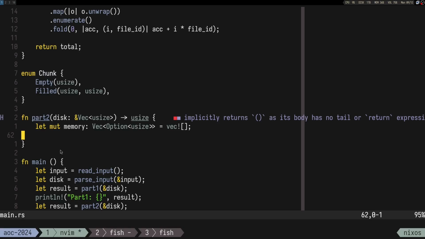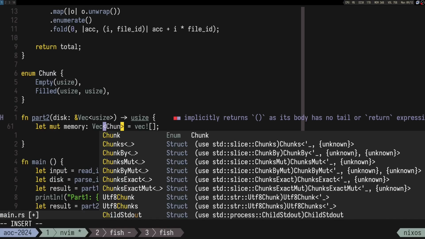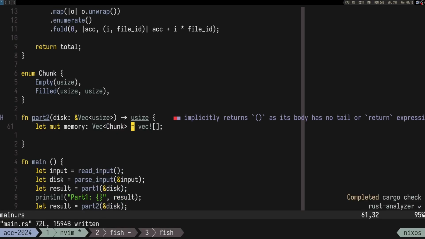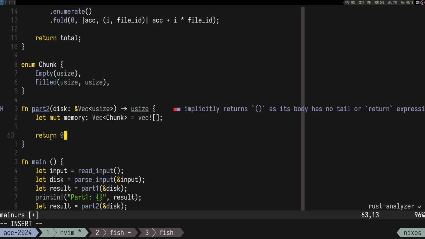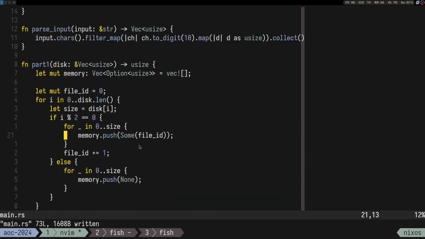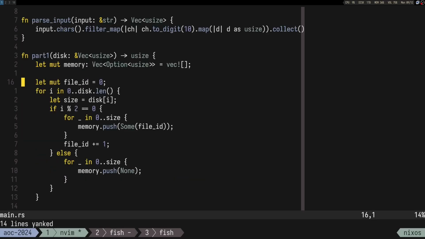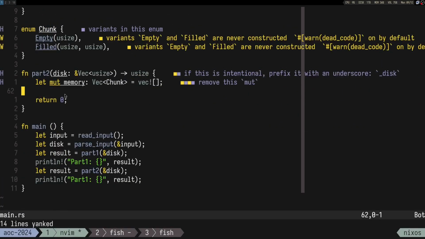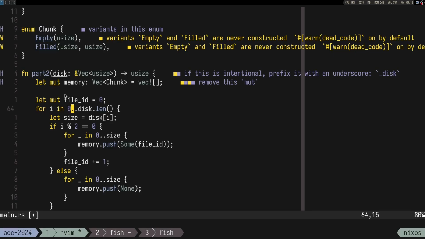All right. So what are we gonna do now? Instead of this, I'm gonna say here, well, it's a vec of chunks. Return 0. And I'm just gonna simulate the thing afterwards, but for now we are just gonna do the chunks. So again, we have the same kind of for loop. I would say it's similar. So we go like this, we take the size, and if it's